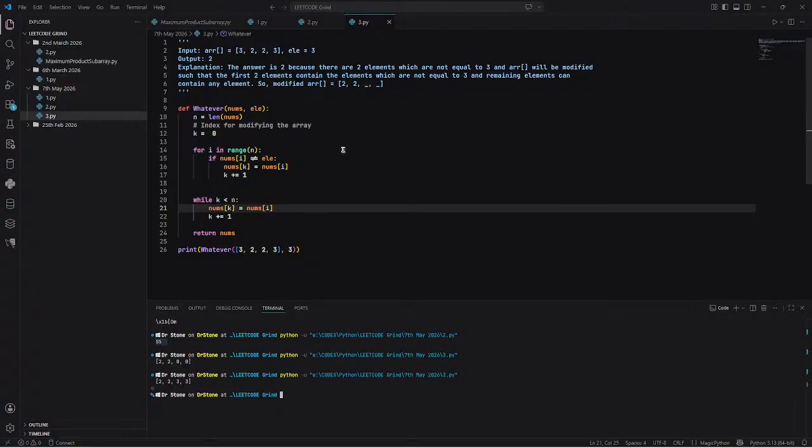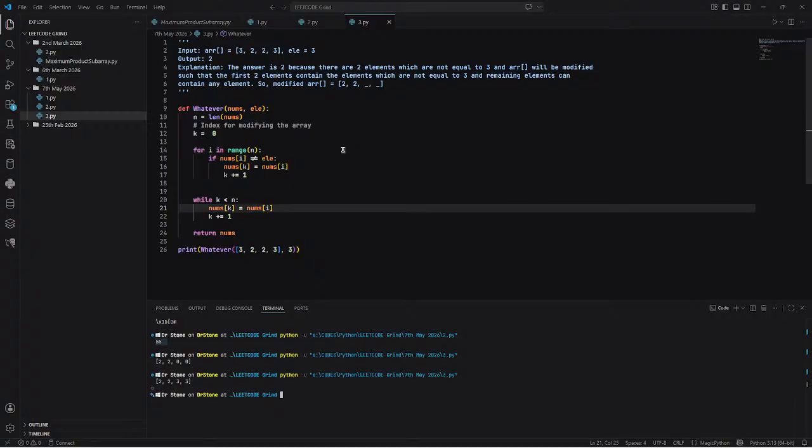At the same time, I wanted that after modifying the array, we bring those elements that are not equal to our specific element to the front of the array. We wanted the rest of the elements to be filled. So that's what happened here when I included nums of k equals nums i, and after that we incremented